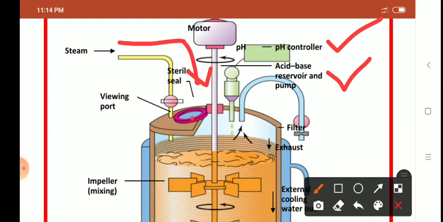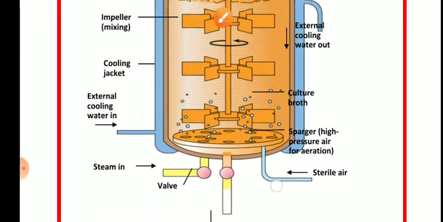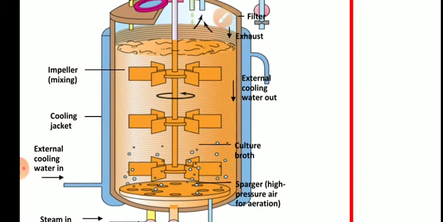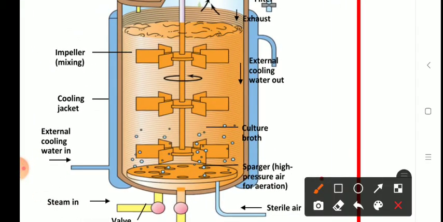Then there is a motor which drives the shaft. This is a shaft having impeller blades. It moves and mixes the content in the fermenter. So, the motor-driven impeller is for mixing. Then there are, in the blue color, these are the